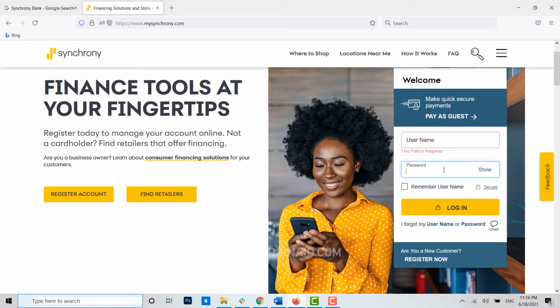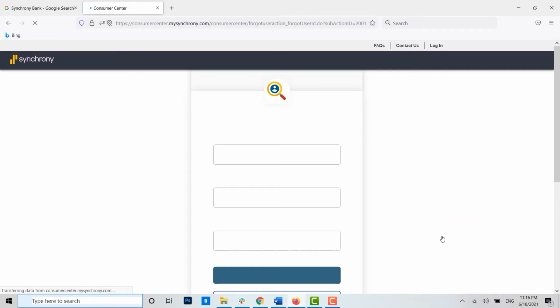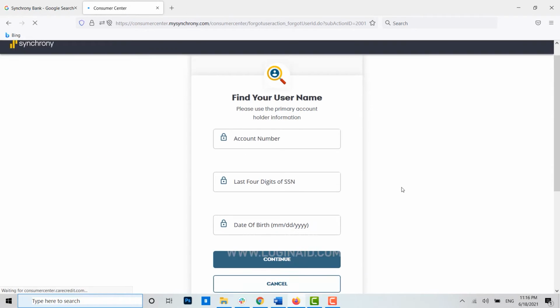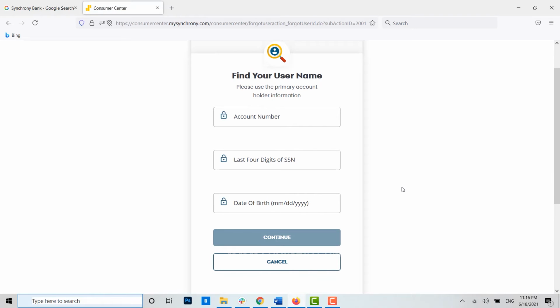account. Just in case you forgot the password or the username for your Synchrony Bank, you can click on the link below. Here you can see I forgot my username or password. You can click on forgot my username. With this, you will be directed to another page for recovery of your username. Here for that you type in your account number, last 4 digits of your social security number and the date of birth. Then you click on continue and you will proceed to the recovery for your username of the bank